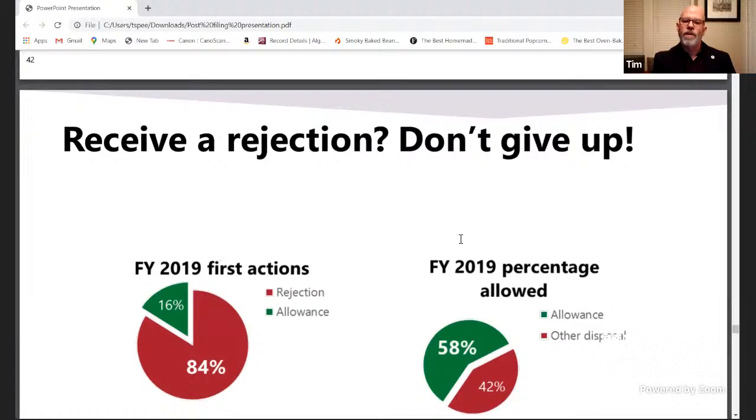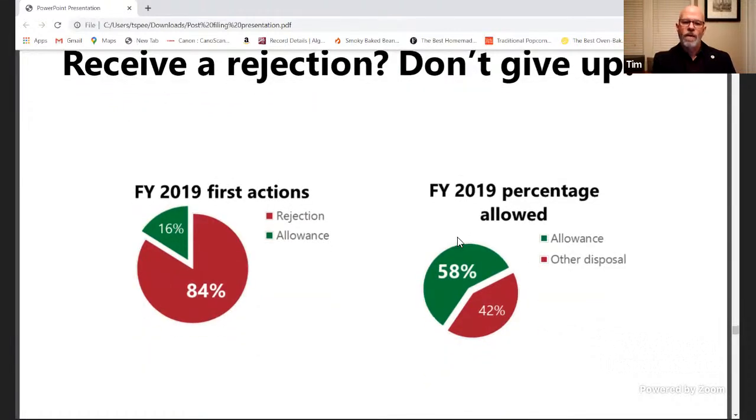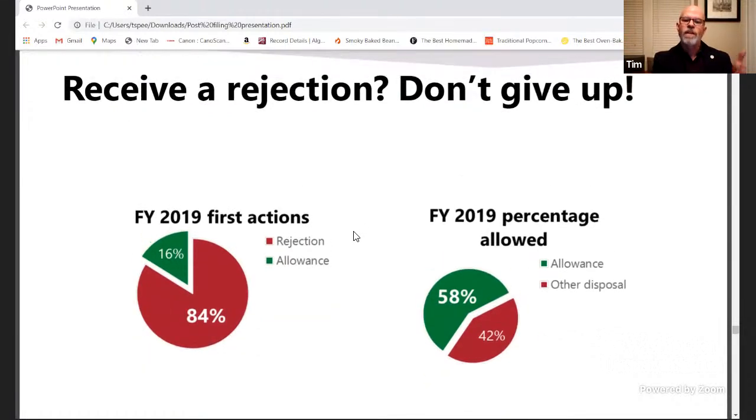Interviews can be very, very useful. Most applications are rejected up front. 16% in 2019 were allowed on first action. That seems pretty high to me, quite frankly. When I worked at the law firm, they would say if you got a case allowed on first action, your claims were too narrow, because you should have given them broader claims and let them apply prior art and then try to narrow it down. So that's interesting to me, such a high percentage.